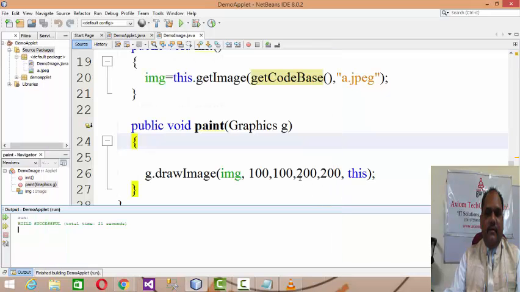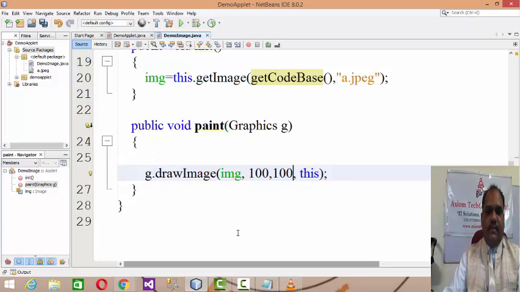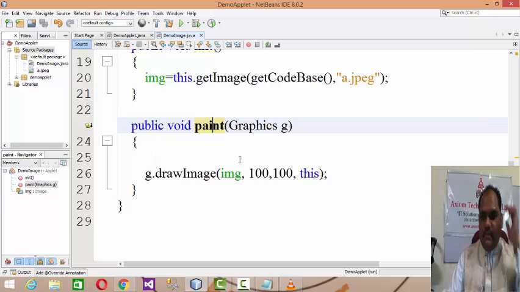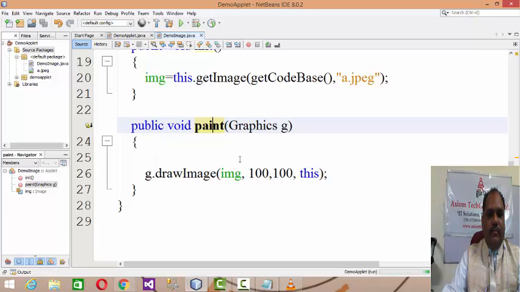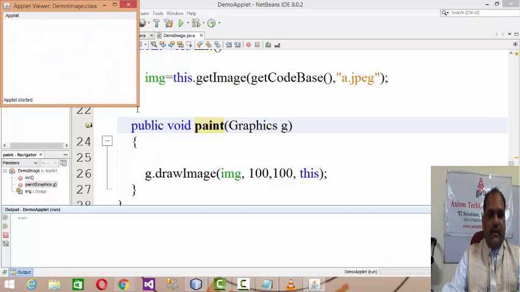If I need the image at its original size, then I just need to pass x and y, that's it. If you run it, you will get whatever the size of the image is, it will pick it up and print it over there. It will take some time to run, because that image may be a larger one.